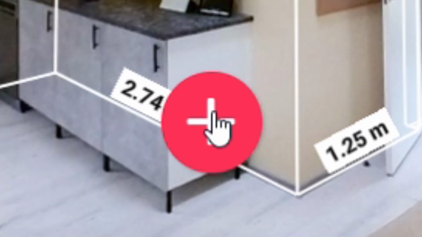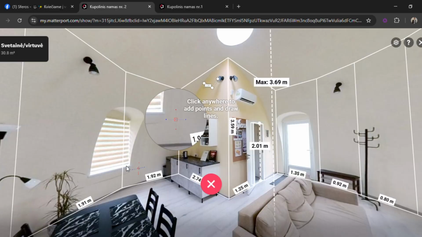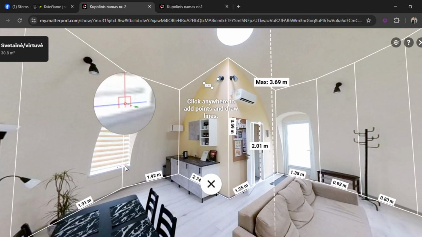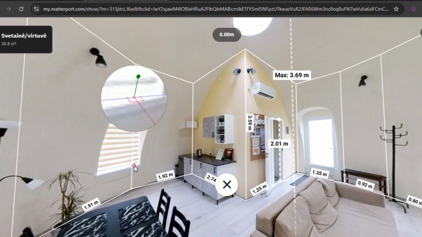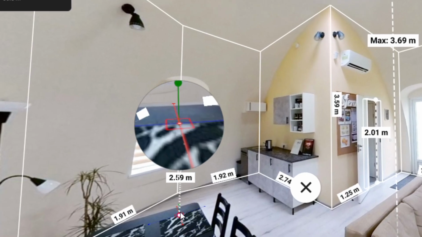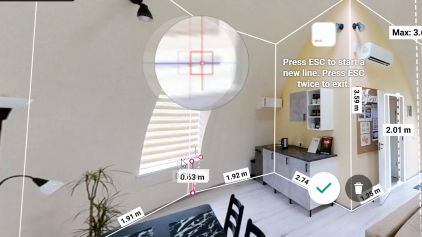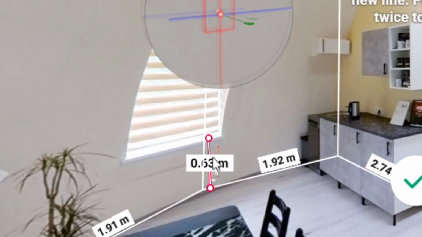We click on this plus sign and can choose the point we want. For example, how high the windowsill is. We select the windowsill and drag to the floor, and it shows 63 centimeters at this spot. I didn't measure quite accurately because it's up to the top of the baseboard.